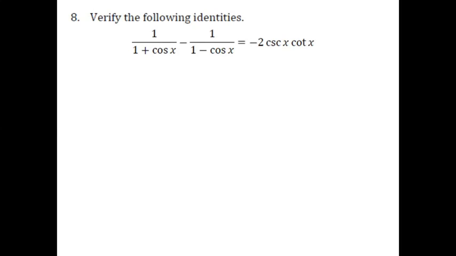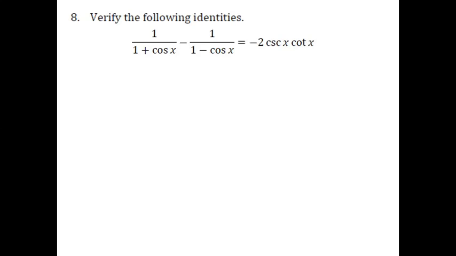In this video, we're going to look at question number 8 from our test review. In this question, we're asked to verify these identities. So my first identity, 1 over 1 plus cosine x minus 1 over 1 minus cosine x equals negative 2